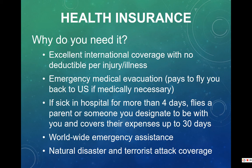And they did another x-ray, and they realized that it wasn't healing okay. So she actually ended up coming back to the US so that they could re-break her arm and redo the surgery and all of this stuff, which luckily in the long term she was fine and taken care of, and her arm healed well. The problem, and the reason why I'm talking about it related to health insurance, is that